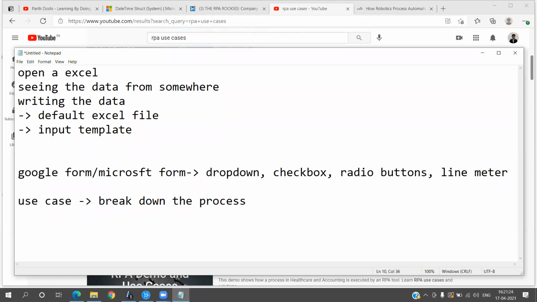Like we talked about the Excel use case where we have to filter the data, then create the chart, and then mail that chart in a PDF format. Now let's break the use case. Breaking the use case, first one is get the Excel file. Once you have the Excel file, reading the Excel file.